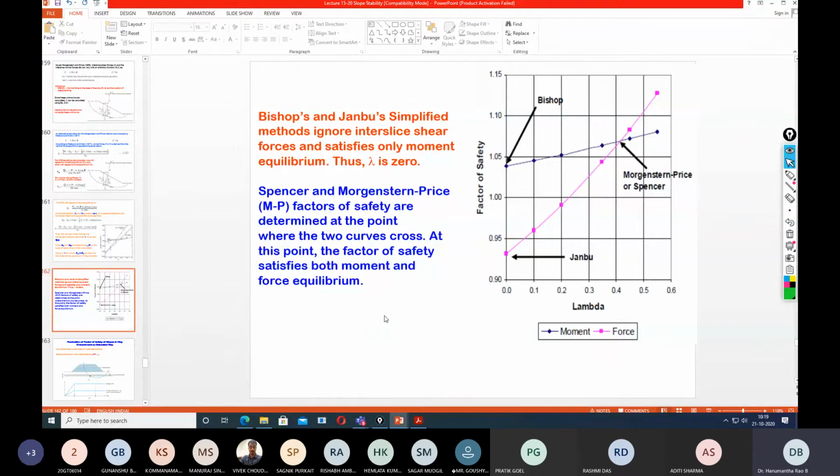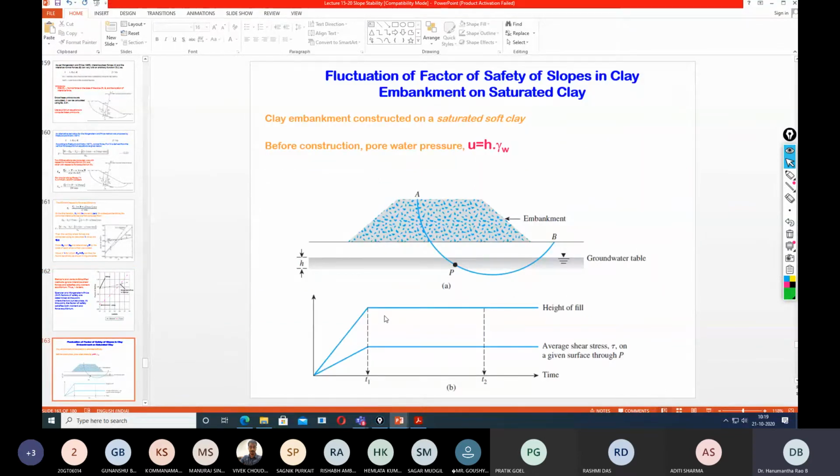Okay, so more than that, you don't need to be aware of anything about it. Now let us try to understand how the factor of safety fluctuates when the slope is constructed on saturated clay. So that's what it is all about, the derivation of the factor of safety equation. Now let us try to have a little deeper understanding about how the factor of safety varies. So here I have taken a small example and